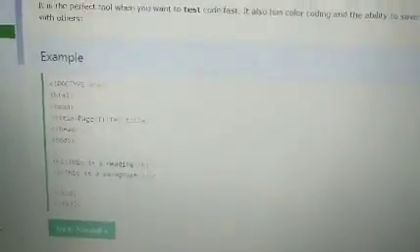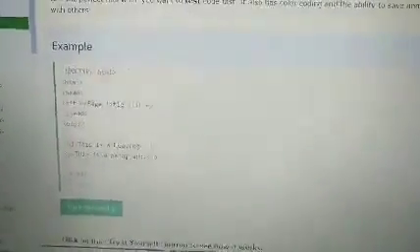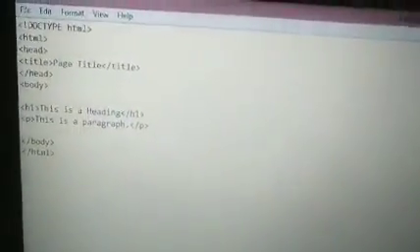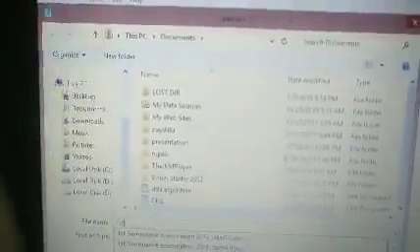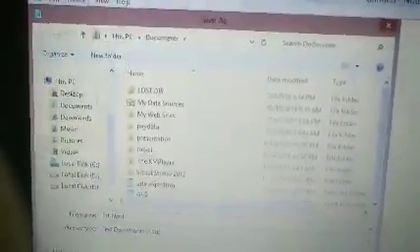This is the code I am giving you to try by yourself. You try and save. I am showing you how we can do it. I have already opened Notepad over here. You know how to open Notepad. Then you click on the File section, click on the Save As menu, and remove the .txt. You choose a location. I have chosen the location and saved it. Then you just minimize it.